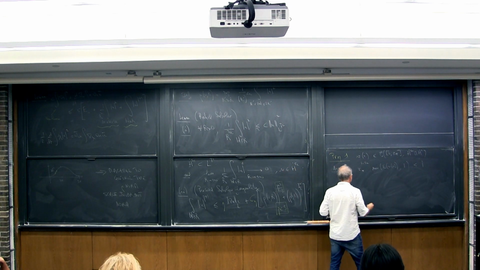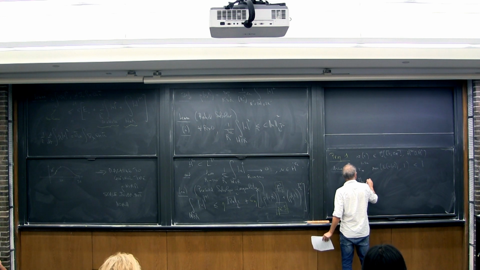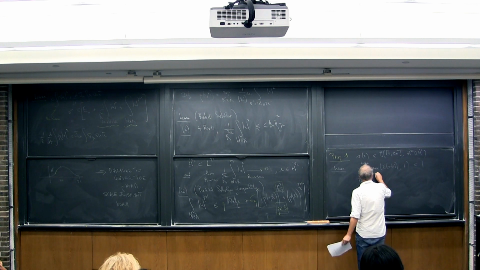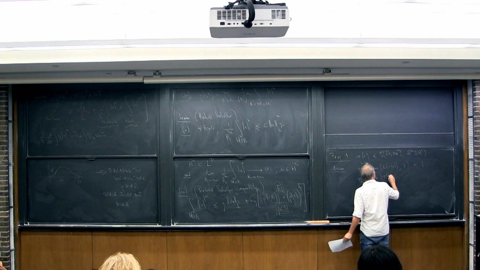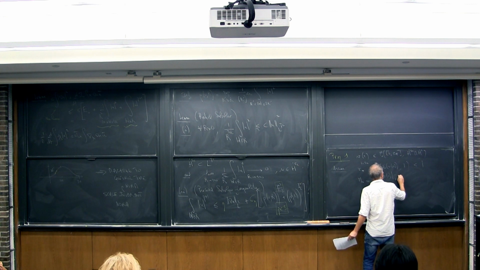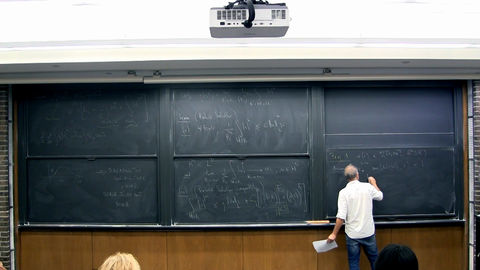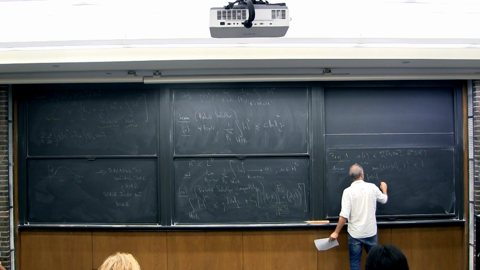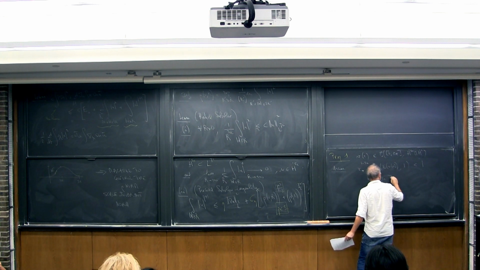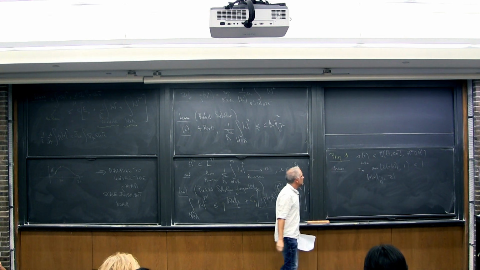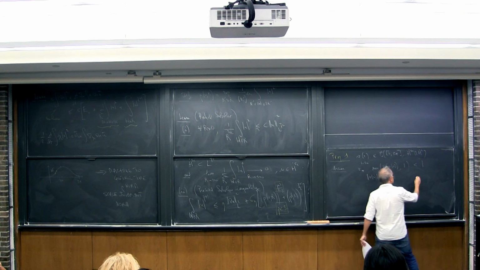So assume this and assume that m naught, which is for v naught, I should say it like this. I assume, just to make things simpler, that the size of the data in H^s_c is bigger or equal to 1. This is mandatory. I mean, if you want, this is automatic.